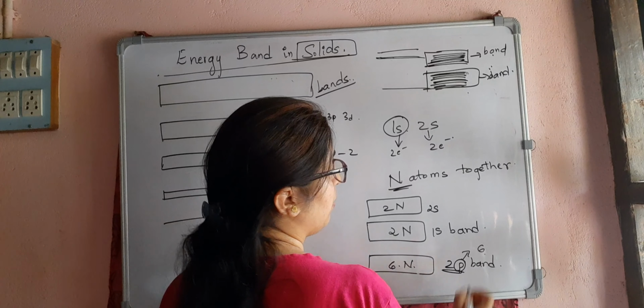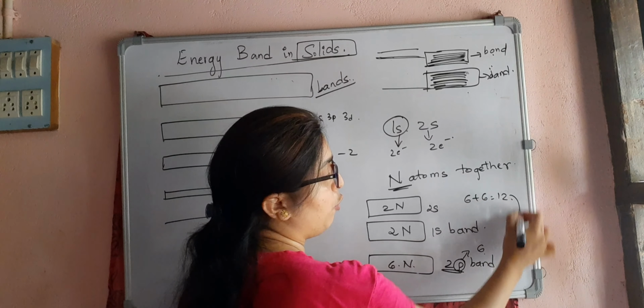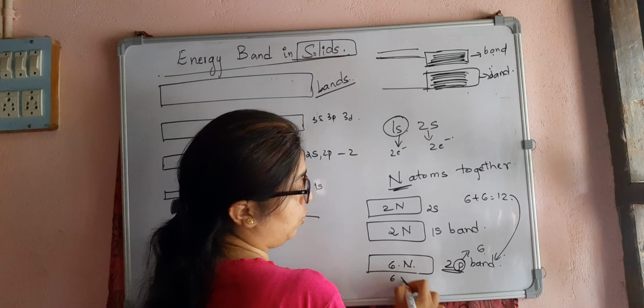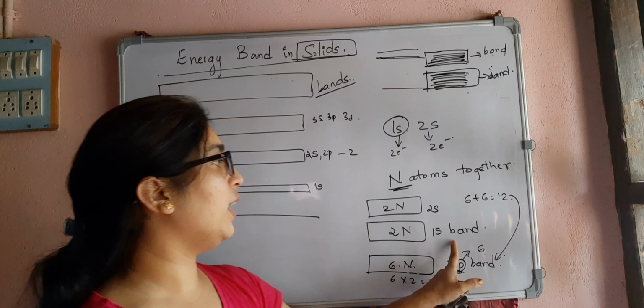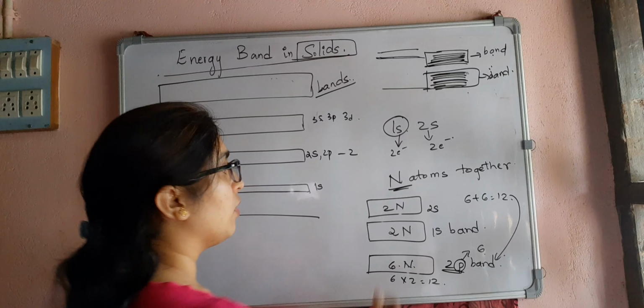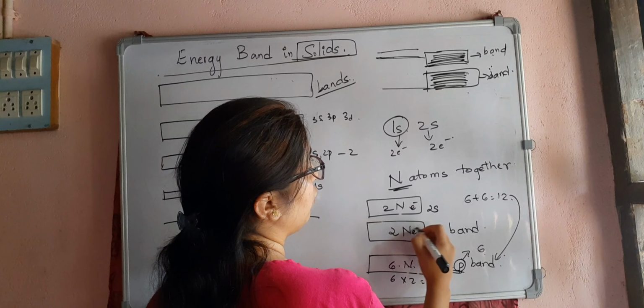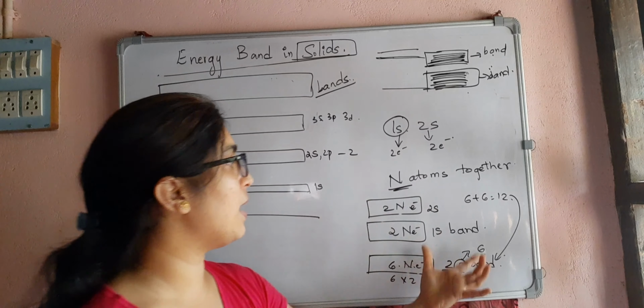electrons. Because if I have 2 atoms, 6 plus 6, that is 12 for 2p, right? So 6 into 2, what is that? 12. So it is 6n electrons, 2n electrons in the 1s band, and the 2s has 2n electrons. These are the electrons that a band can hold. Okay, these many electrons this band can hold.